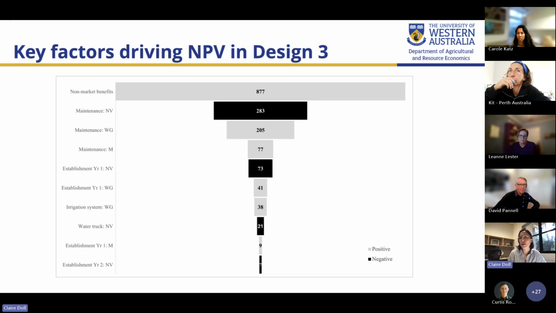But you also have some positive factors in the relative savings in watered grass maintenance that you would otherwise have with your baseline design. At the same time, you have some extra costs, like the maintenance of native vegetation. So that makes sense because in the baseline park, there was no native vegetation at all. And so these would be new costs introduced with this alternative design.